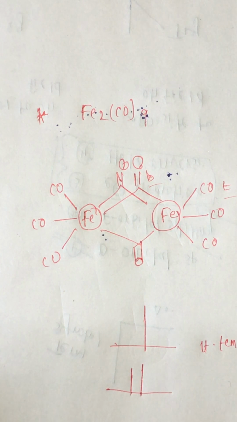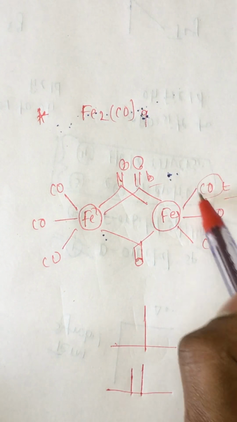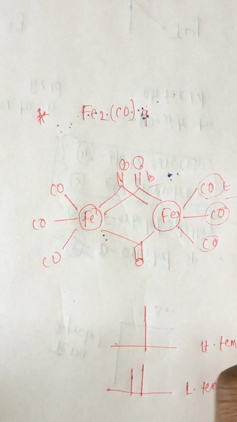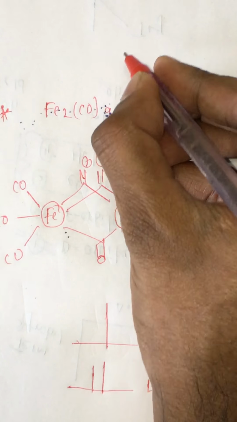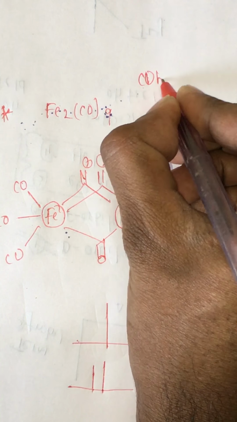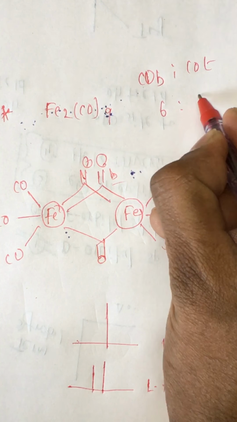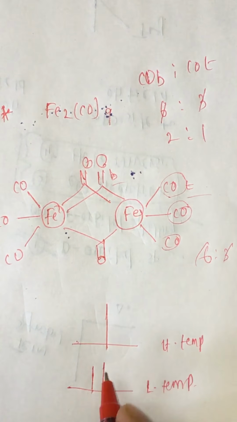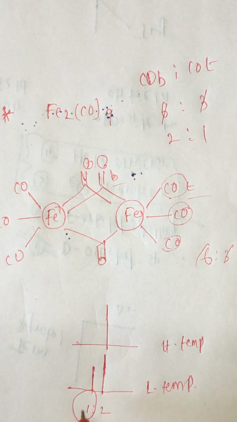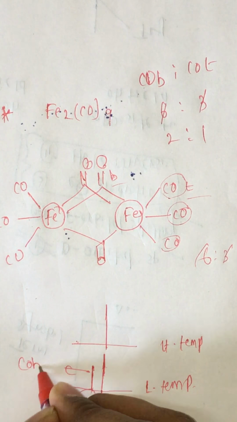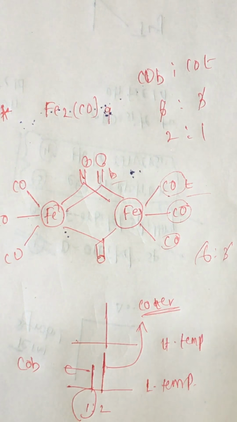The intensity is very important here at low temperature. Intensity wise, terminal COs are 6 and bridging COs are 3. So we have peak intensities in the 1:2 ratio. One is for the bridging CO, and the other one will be for the terminal CO. So this is about the